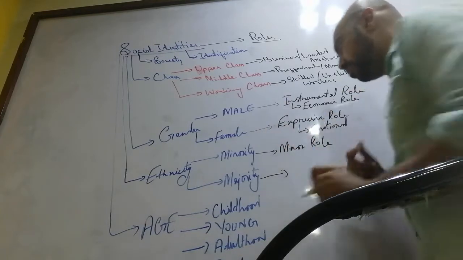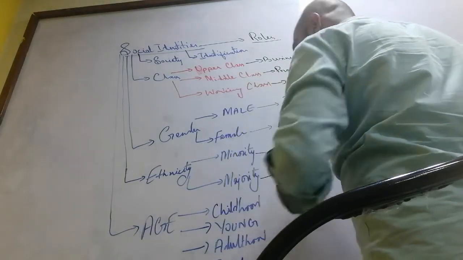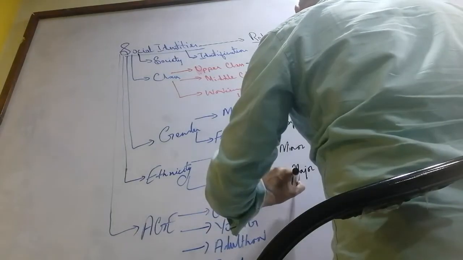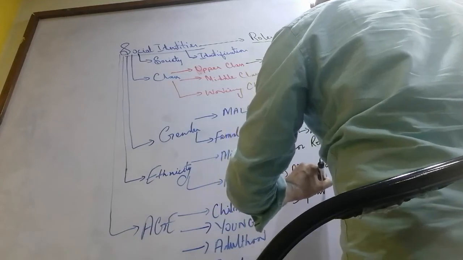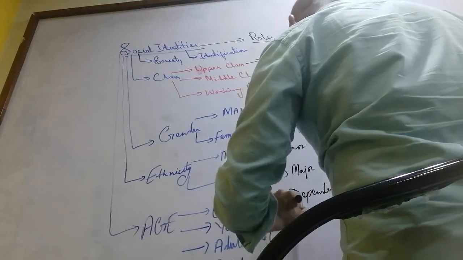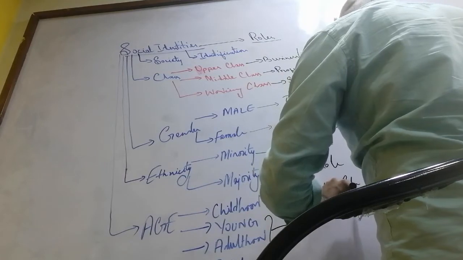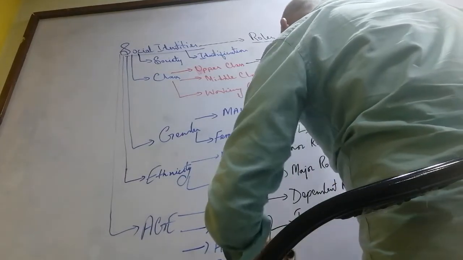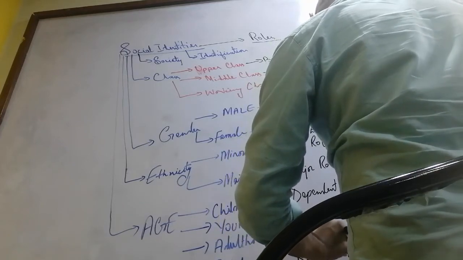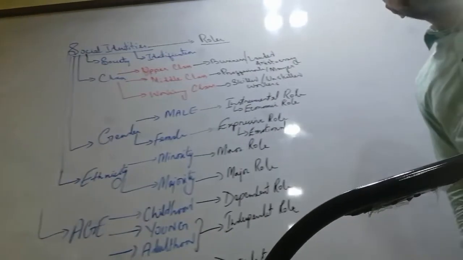Am I right? This is all about the major role. The majority used to follow the major role. Okay, so if we talk about childhood, they stereotypically have a dependent role. Again, stereotypically, a young person and an adult have an independent role. They are independent in society. The elderly again have a dependent role. Okay, so I hope things are fine till now. Okay, so if we move forward,